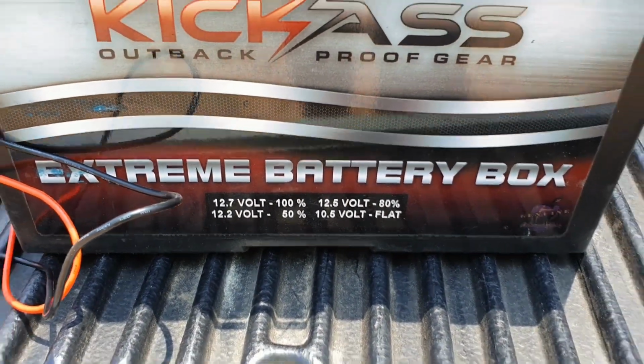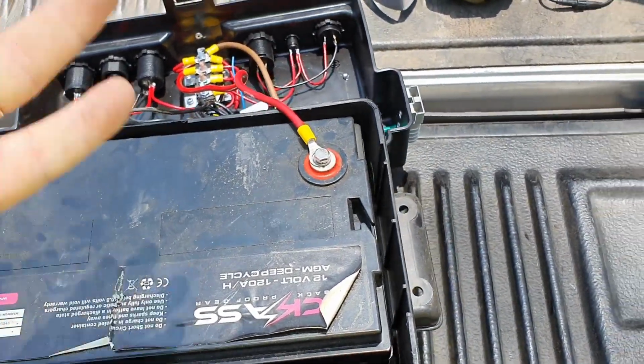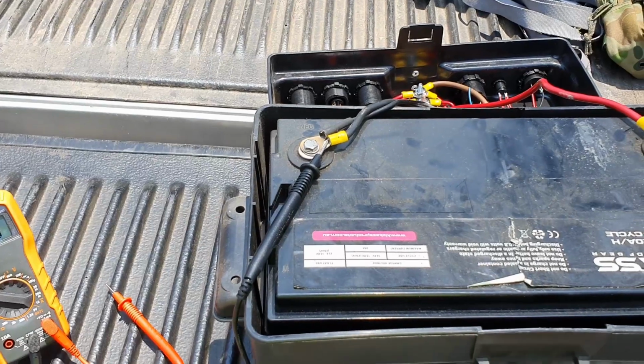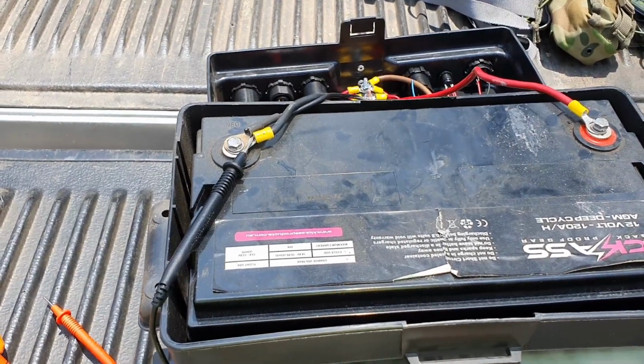12.7 is 100%. So this battery is at 100%. It's obviously connected when I drive, so it's charging all the time. So I'll put it all back together and we'll bang it back on the connection over there. And we will... how am I going to do this actually? I might leave the top off so you can see it's getting delivered, and then